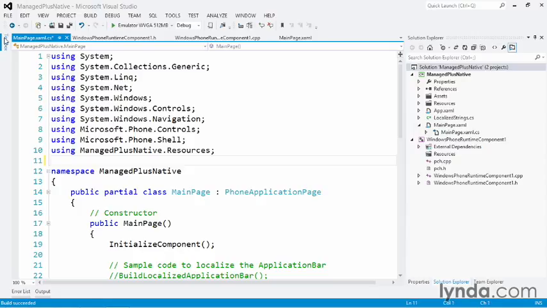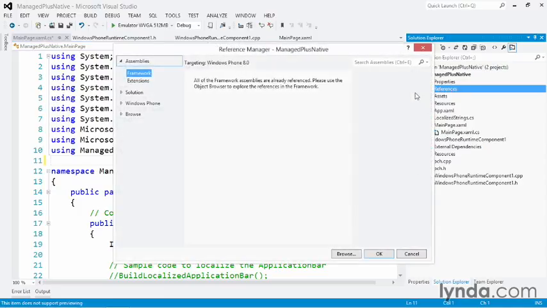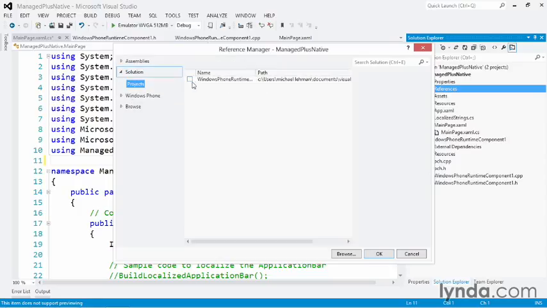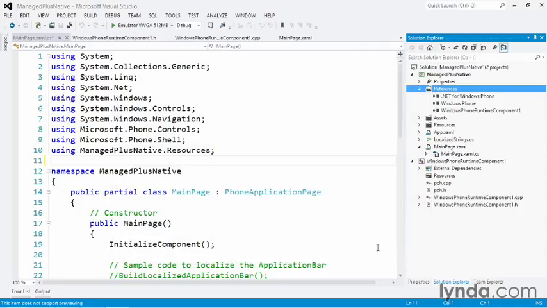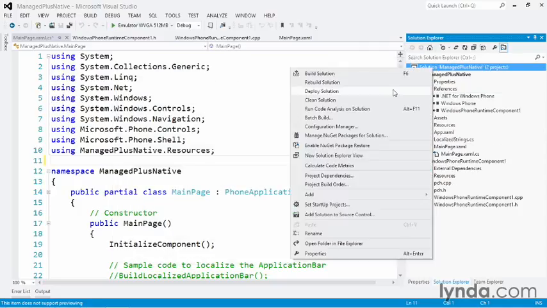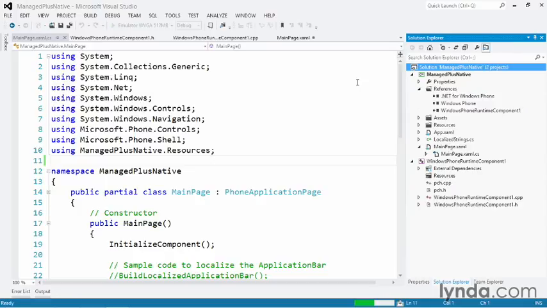So let's erase that, and there's two reasons for that. The first reason is I need to add a project reference. So I'll come over to our Managed plus Native project, right-click, select Add Reference, come to Solution, select our Windows Phone Runtime Component project, and click OK. And now I also have to come to the solution and select Rebuild, because Visual Studio doesn't know about the members and the methods inside the native library until it's been built at least once. And each time you change it, in the sense of adding additional members or methods, you have to rebuild before